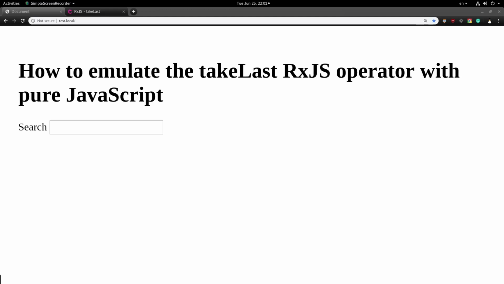Hello dear friends, my name is Vangelis Prokopiou and today you are watching how to emulate the takeLast RxJS operator with pure JavaScript. We will try to achieve this